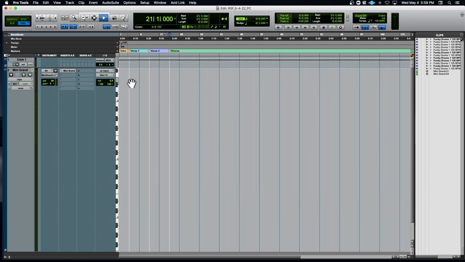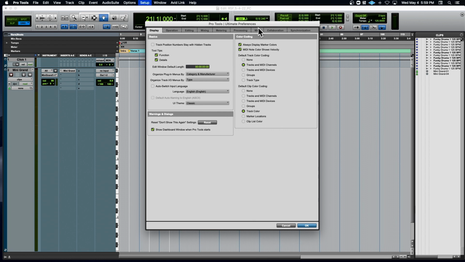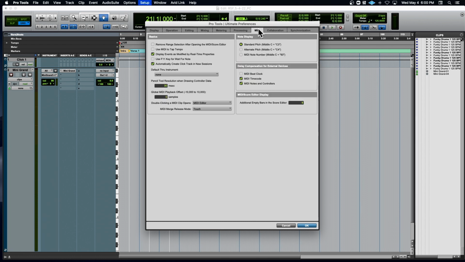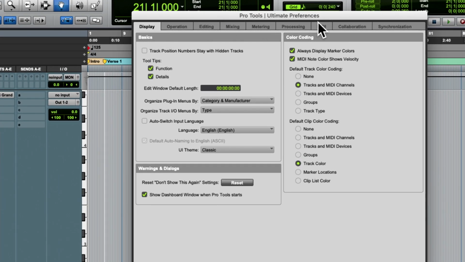Okay, so the other thing about preferences to know how to set up. Let me go to my preferences window here. If you go to the MIDI tab, so it typically defaults to the display tab. If you scroll over to the MIDI tab,